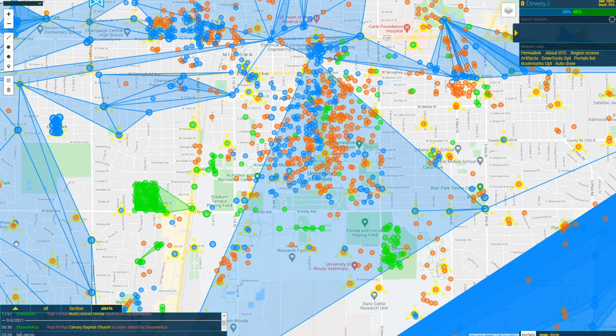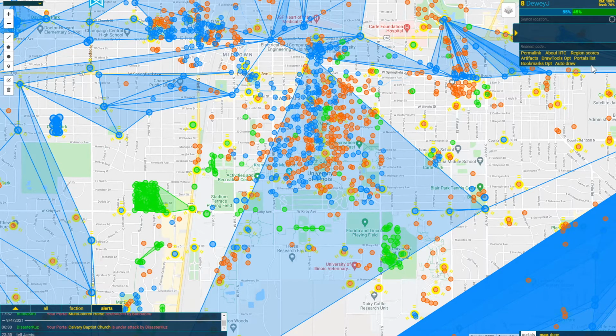Now, I'm looking at it using a browser, Chrome, on a Windows computer. You can do very similar things with your phone. You plug in on the phone, works just a little bit different, so there might be a few things that are more difficult to use on the phone, but you can use it in the field pretty much the same way. So, I'm looking at a city that has a pretty fair portal density, and I've got it loaded in,